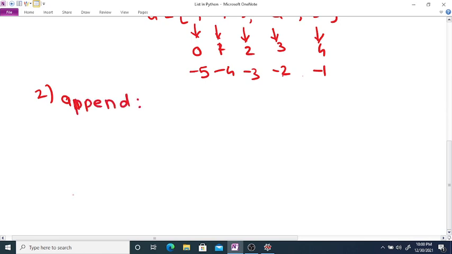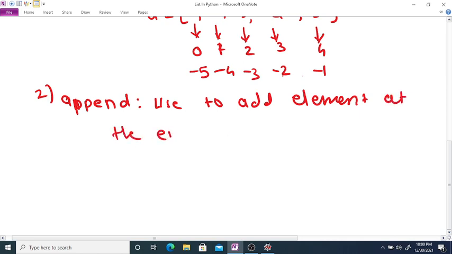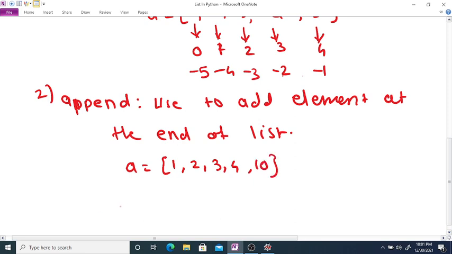Append is used to add an element at the end of the list. Suppose a is the given list, say a is equal to 1, 2, 3, 4 and 10.